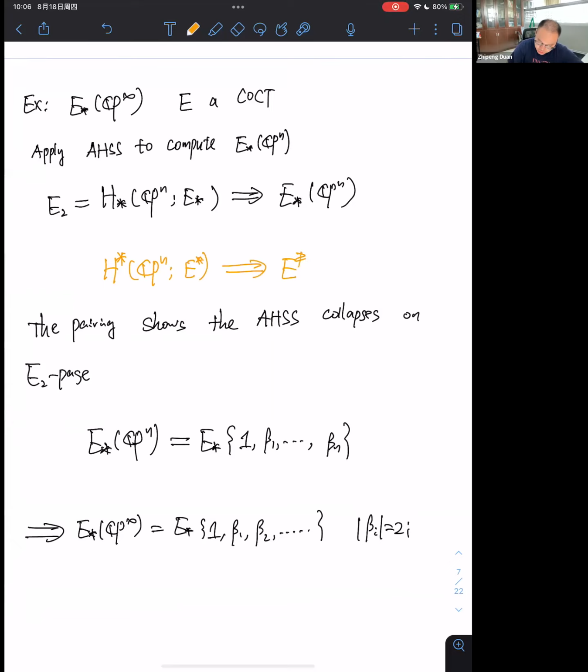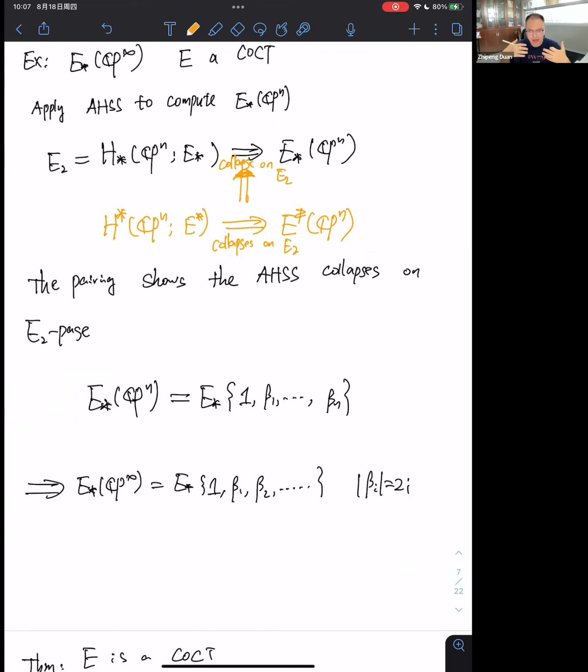So it will converge to the generalized cohomology of CP^n. And according to the last talk, we already knew the cohomological Atiyah-Hirzebruch spectral sequence already collapses at the E2 page. So the duality ring pairing will show that the homological one also collapses at the E2 page. So this just means the generalized homology of CP^n is actually isomorphic to the singular homology of CP^n